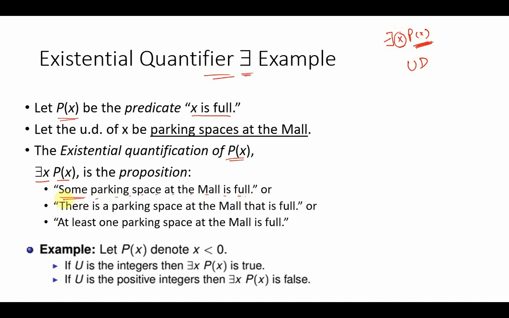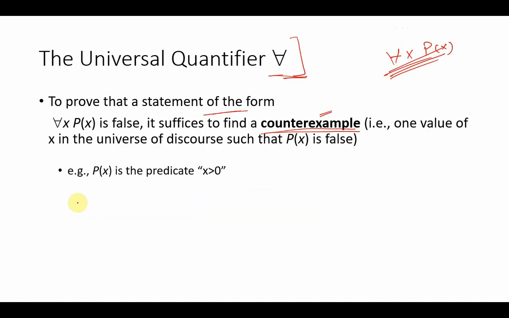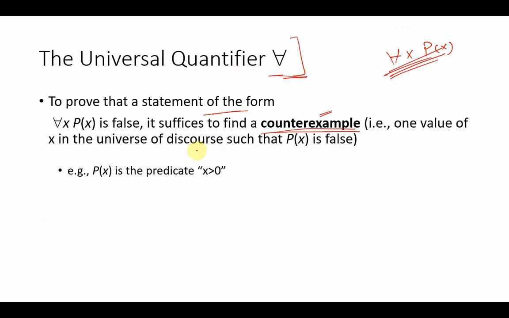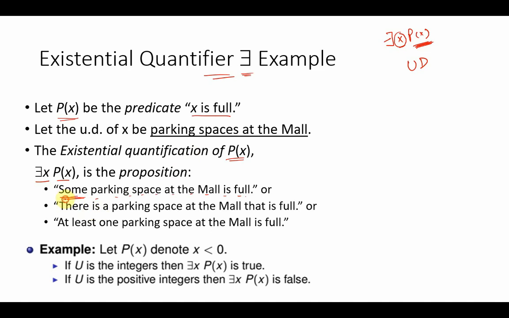Please understand, in the earlier example I used the term all when I was talking about the universal quantifier. But in the existential quantifier, we use the term some. So this is an identifying trait. If you see words like all, every or each, you can very well identify that we have to use a universal quantifier. If I use some, then it means I'm talking about the existential quantifier.